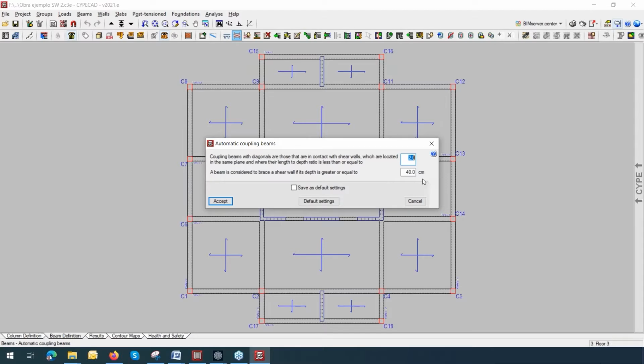Suppose you have a central core for the buildings, for the elevators, and that is connected with the extremes of the walls. It could be not possible to describe it as a coupled beam, because you will see later that there is certain reinforcement that has to be displayed inside the walls, and that reinforcement in this particular case doesn't apply. And besides that, the ratio between the height and depth has to be in a certain range. Okay,